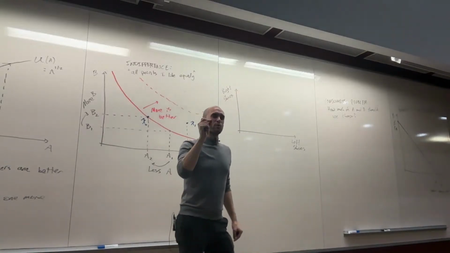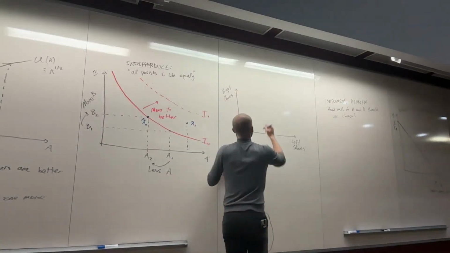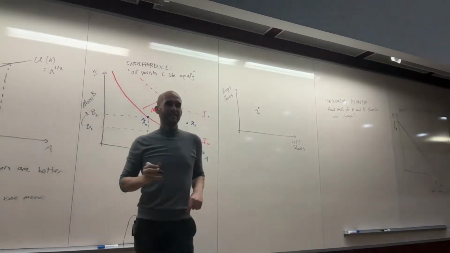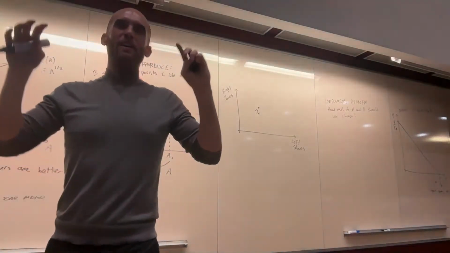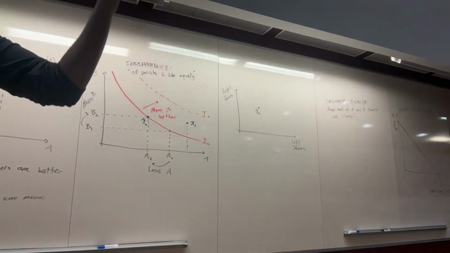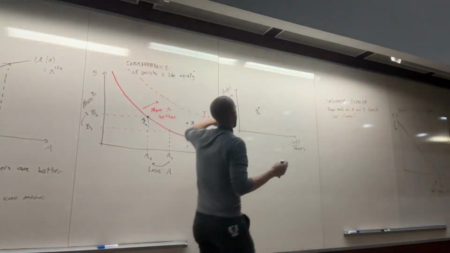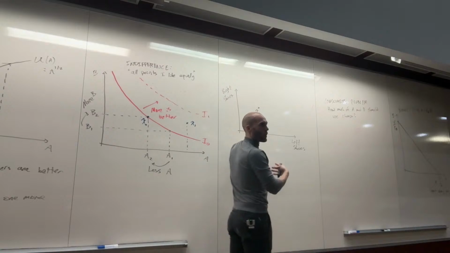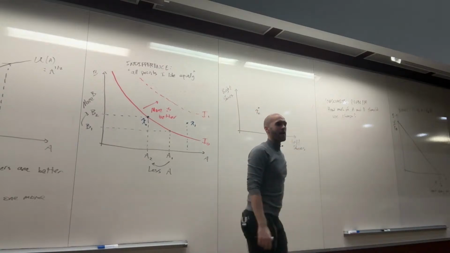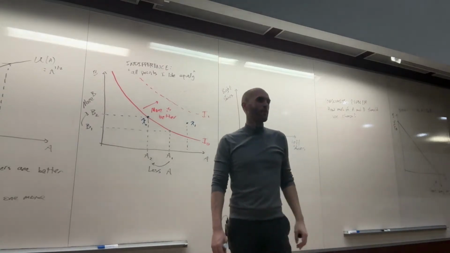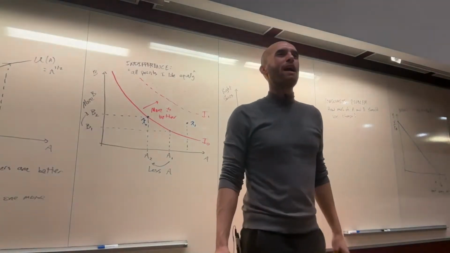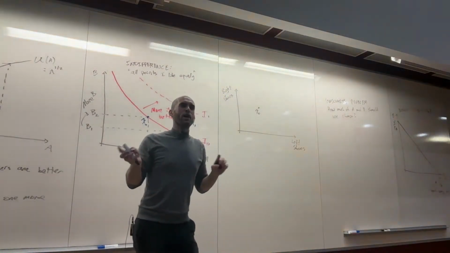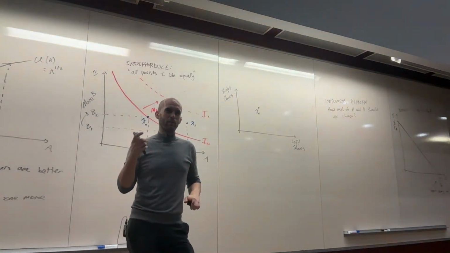And now I want you to draw an indifference curve that runs through x0. So I want you to draw this on your sheet. Maybe check a couple of points around x0. Like what happens if you add one more right shoe and you don't change the number of left shoes? And then what happens if you add more left shoes without changing the number of right shoes? And then maybe what happens if you add more of both shoes? Do you like that more or less? Take about a minute here, check with your neighbor after about 30 seconds, and then we'll do it together on the board. Go.